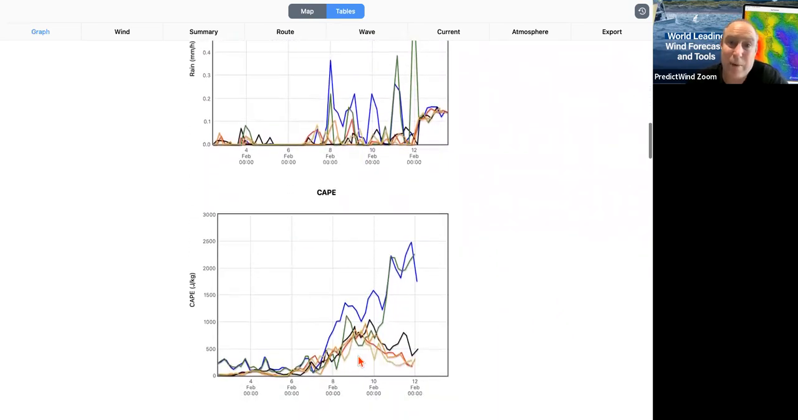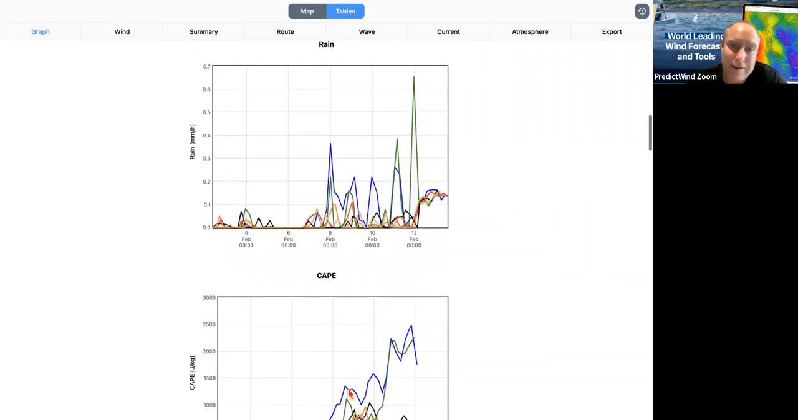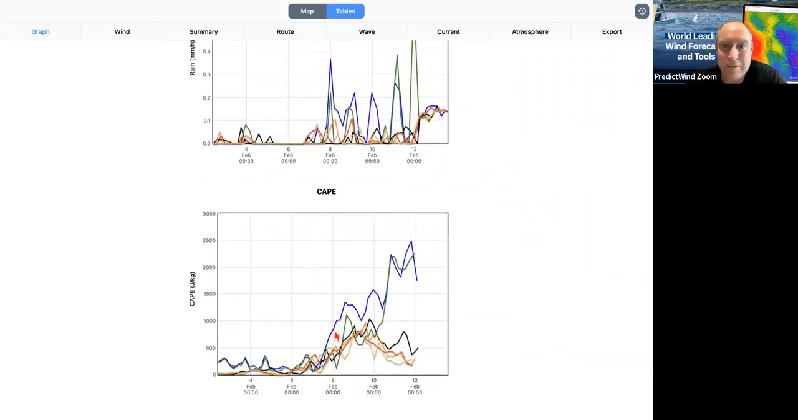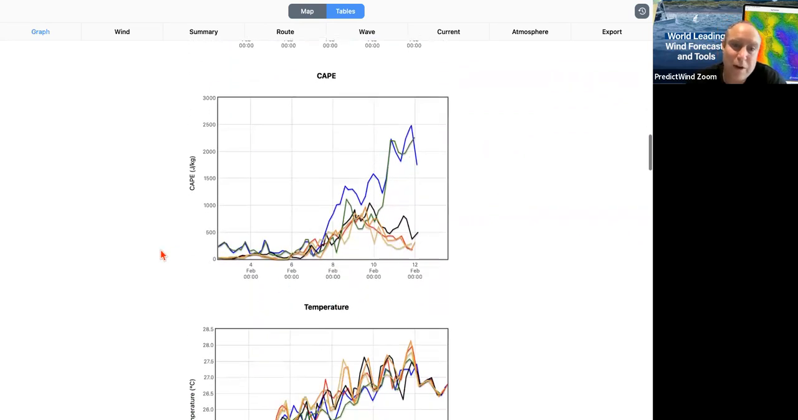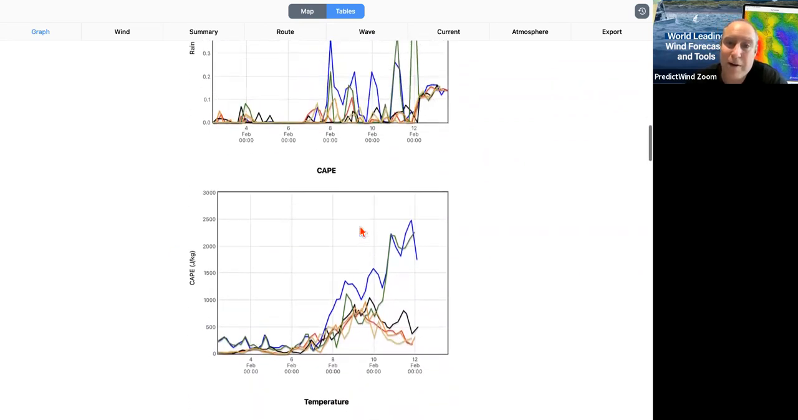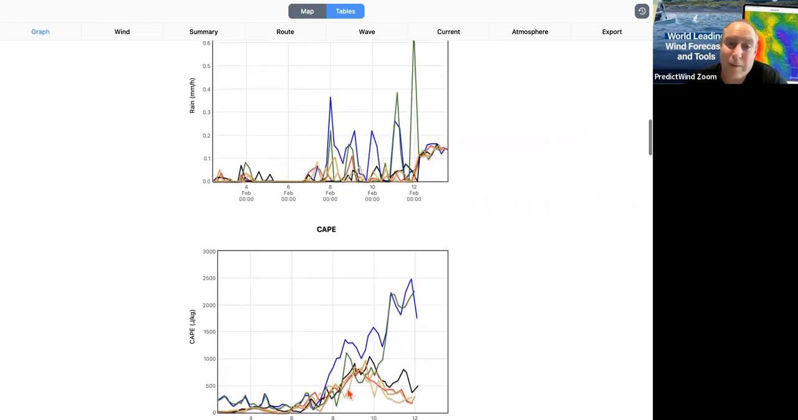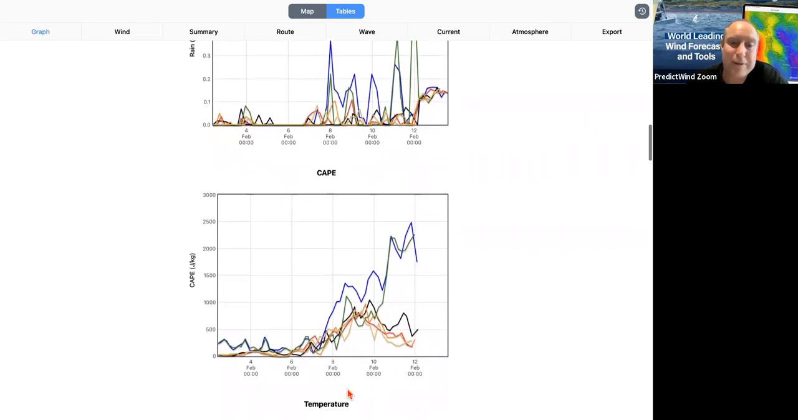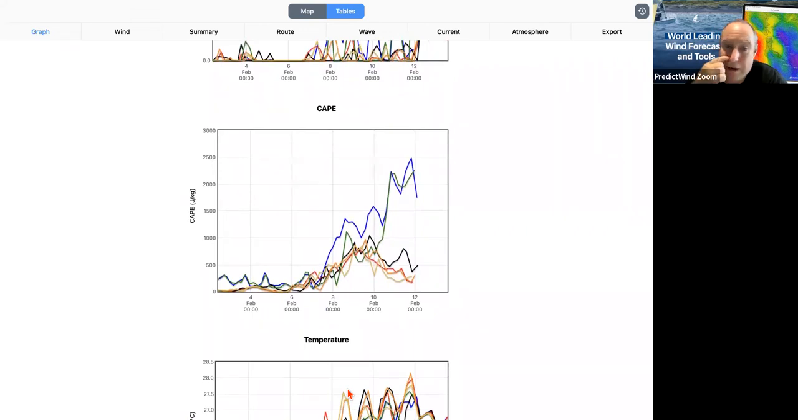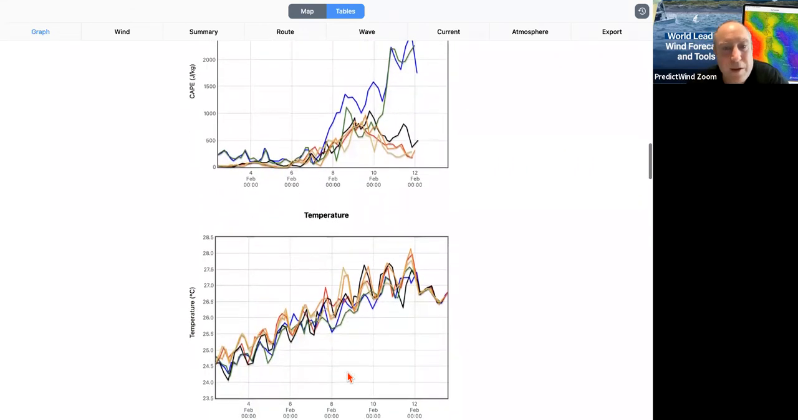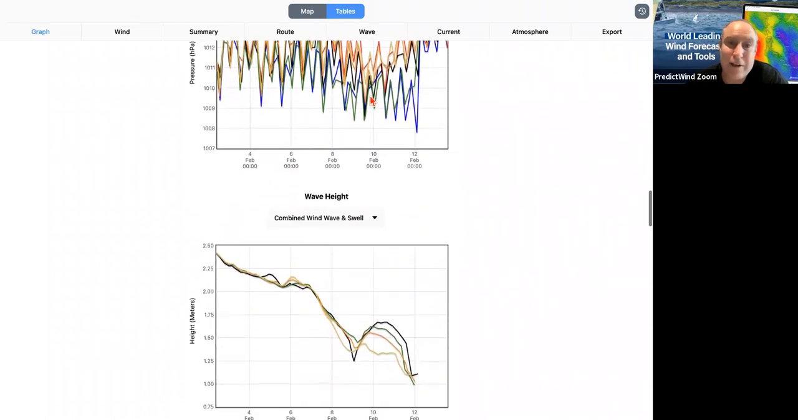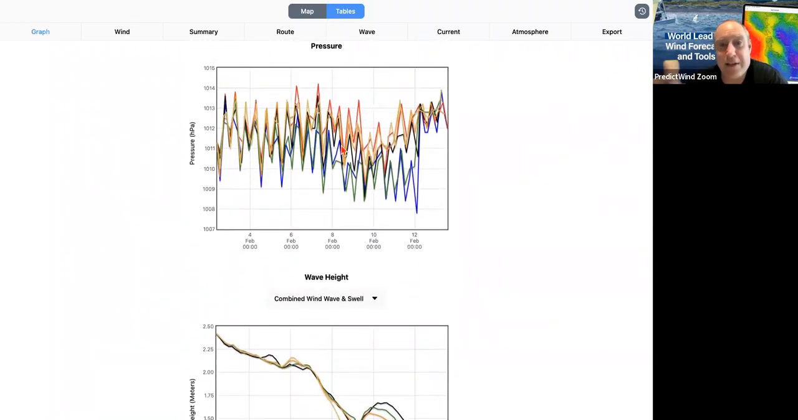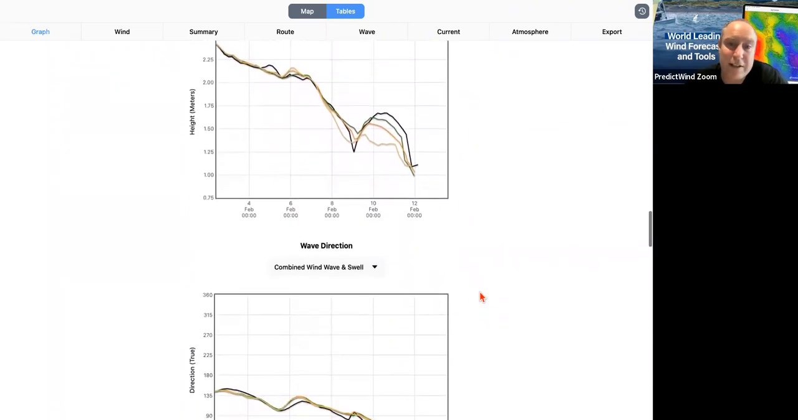Rain, Cape. So we can see we've got rain and Cape at particular times around the 8th of February and a bit later on. So not a massive worry for right now, but we may want to consider that further on, and we might want to look at what's causing that, and we might route around that area, for instance. Temperature, it increases as we go along. Pressure, we can compare that with the pressure that we're seeing with our barometer on board,